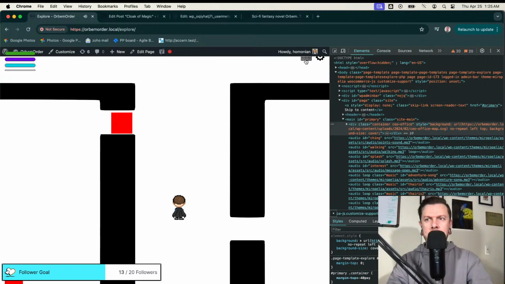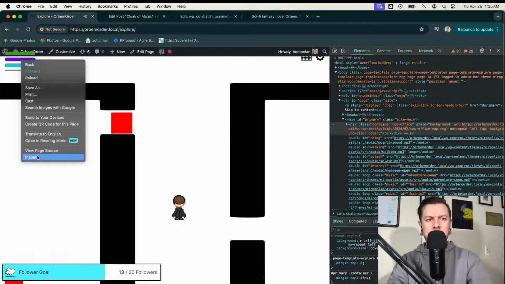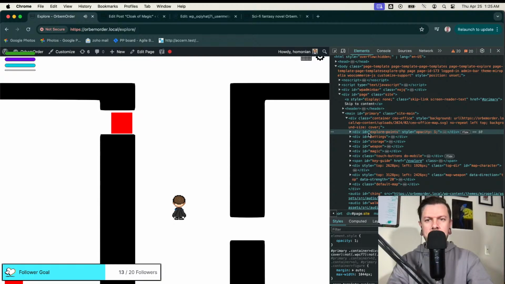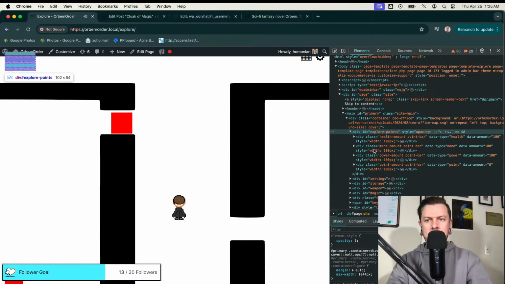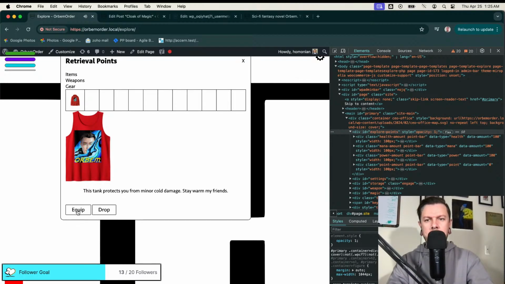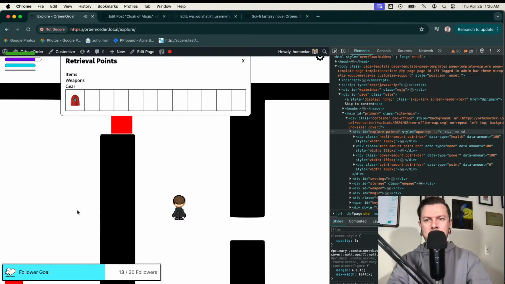So now when I grow the points, they should go down logically. So everything's 100 except for the points. So if I equip my gear, it should go up to 120. Great.